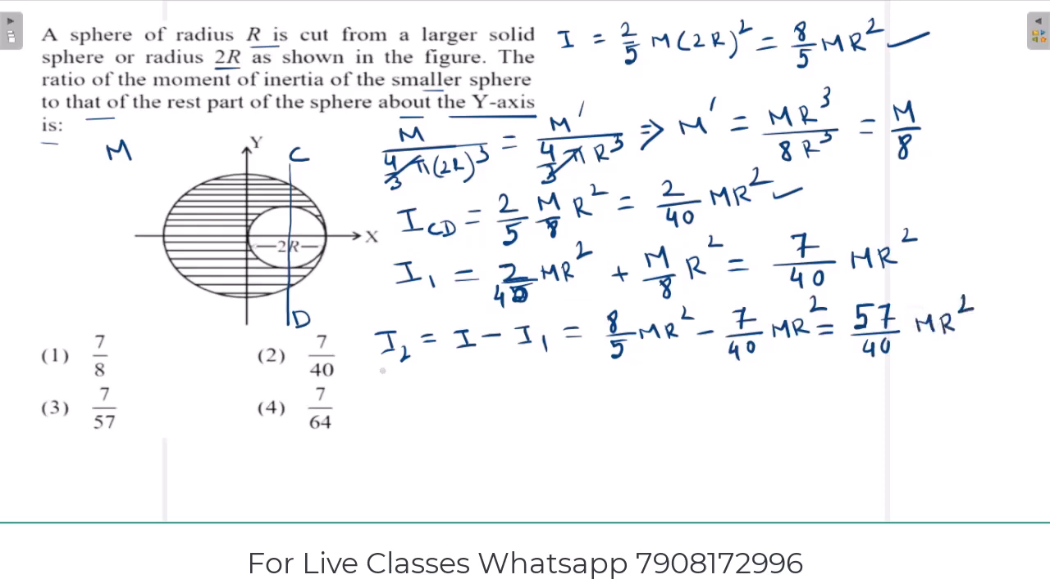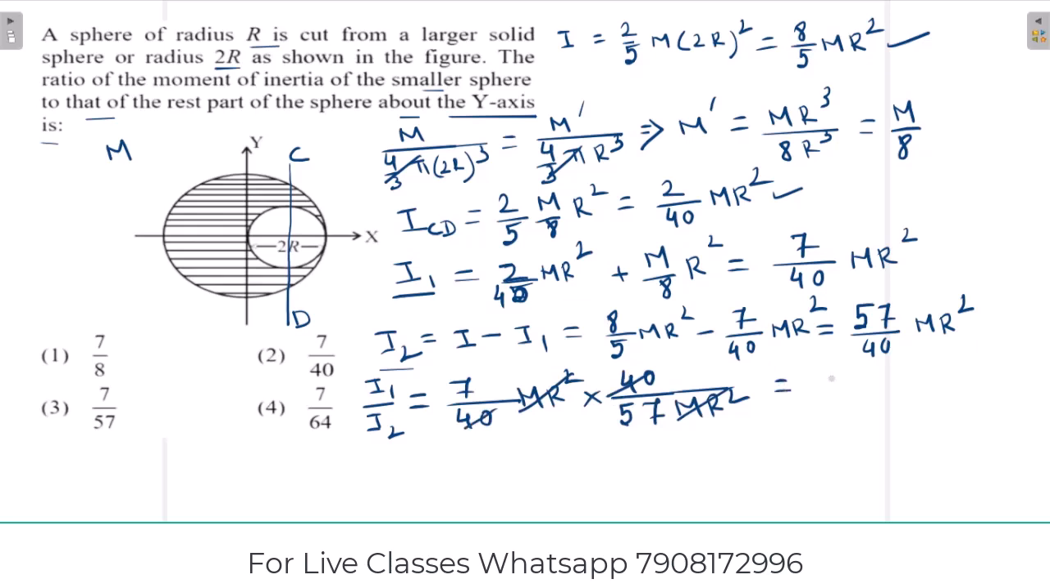So, we get the moment of inertia of the remaining part of the sphere is I2, and the moment of inertia of the smaller sphere is I1. So, we have to find the ratio of I1 and I2, that is I1 divided by I2. So, I1 for the smaller sphere is 7 by 40 M r square, divided by I2, which is 57 by 40 M r square. Now M r square cancels, 40 cancels, this becomes 7 by 57. So, 7 is to 57 is the answer, that is option 3 is the